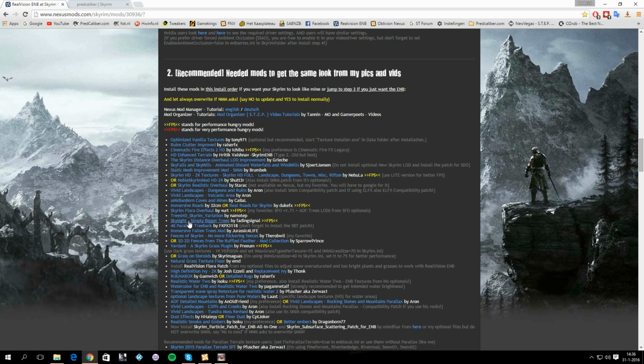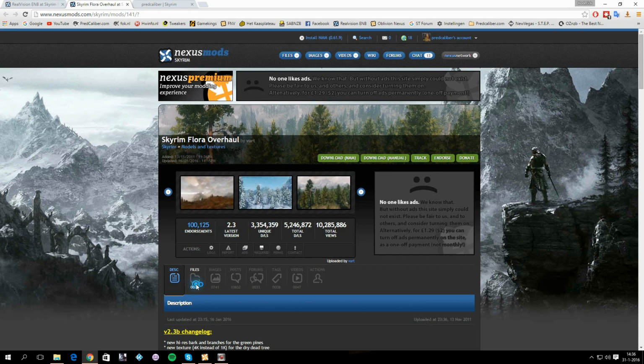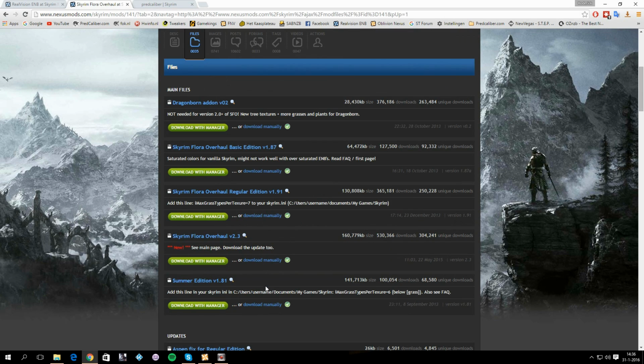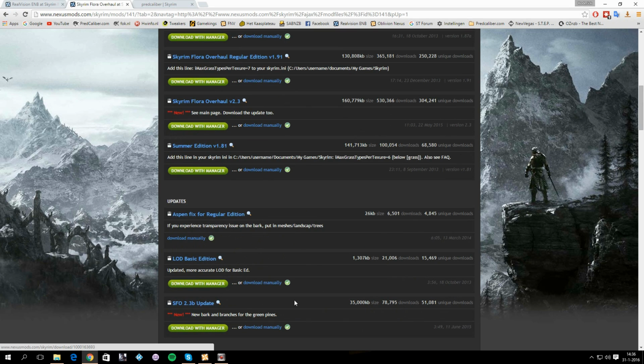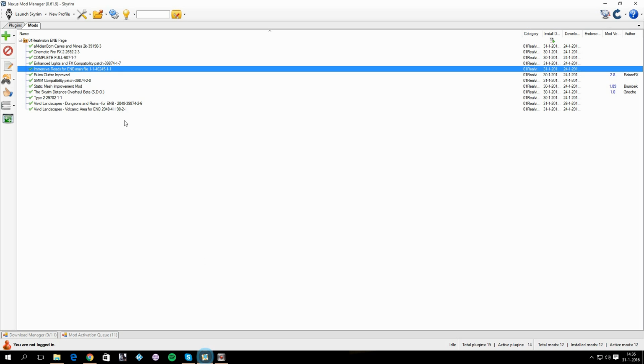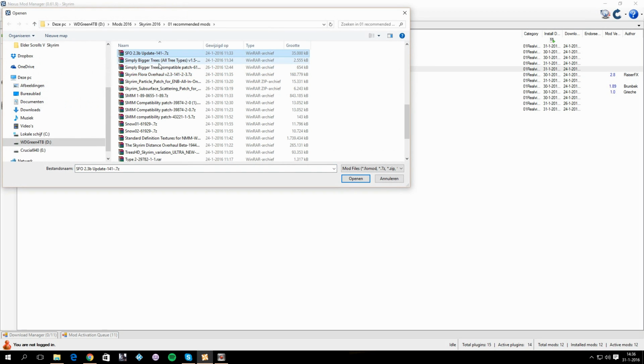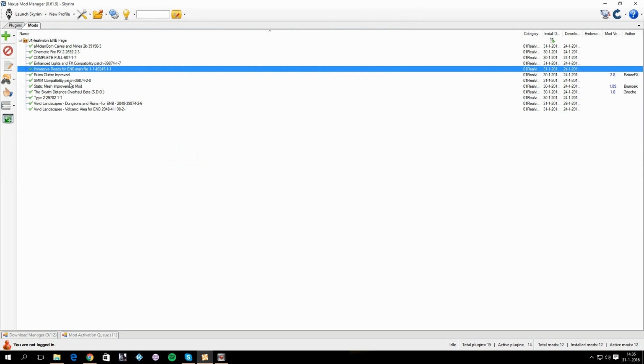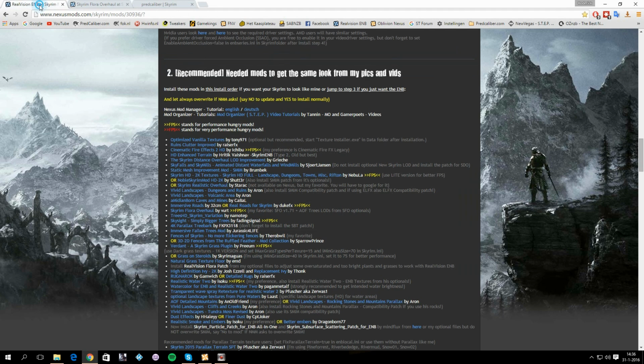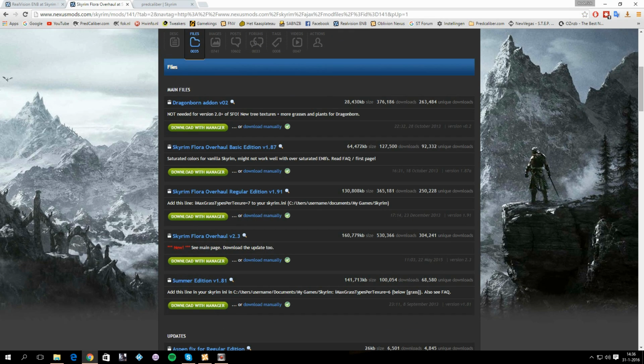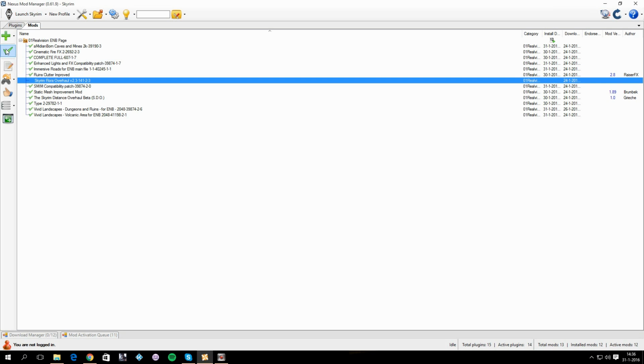Then we are going to install Skyrim Flora Overhaul. Let's open up Skyrim Flora Overhaul. Go to Files, download the latest version, which is version 2.3, and also download this update, which is required. Then let's add it. Skyrim Flora Overhaul version 2.3. It's a different version, by the way, than Skyrim Tuner recommends. I don't know why he's recommending an old version, but probably personal preference. But anyway, we're going to use the newest version,